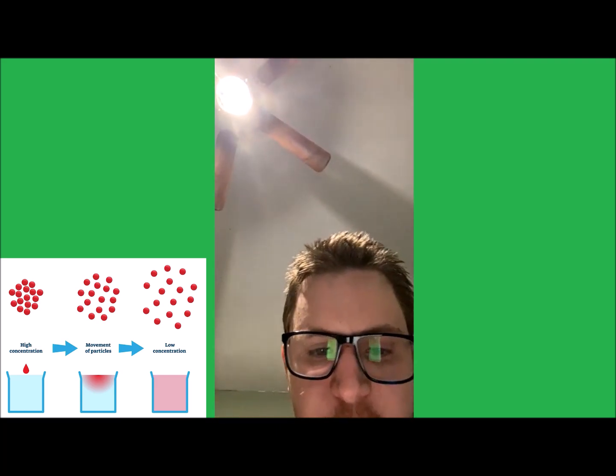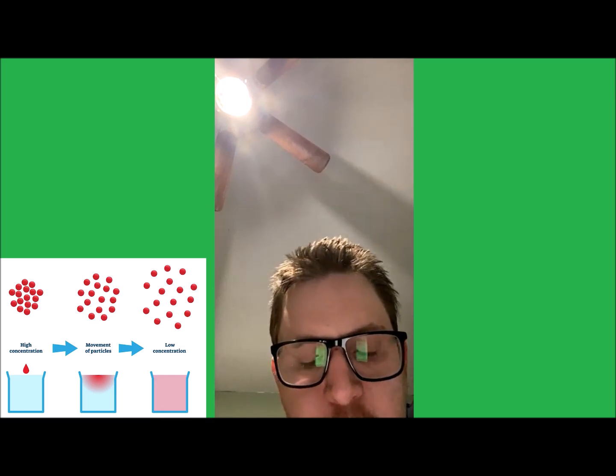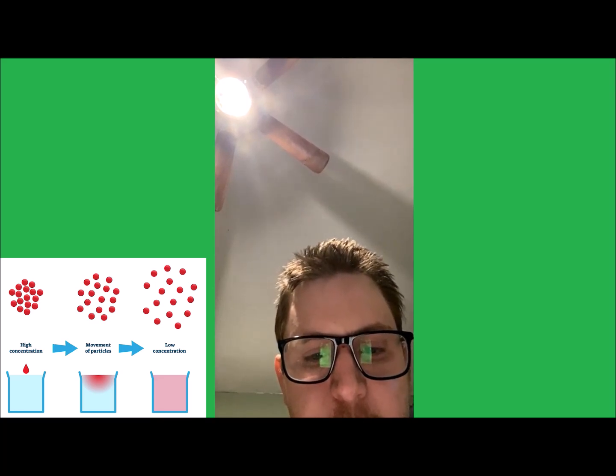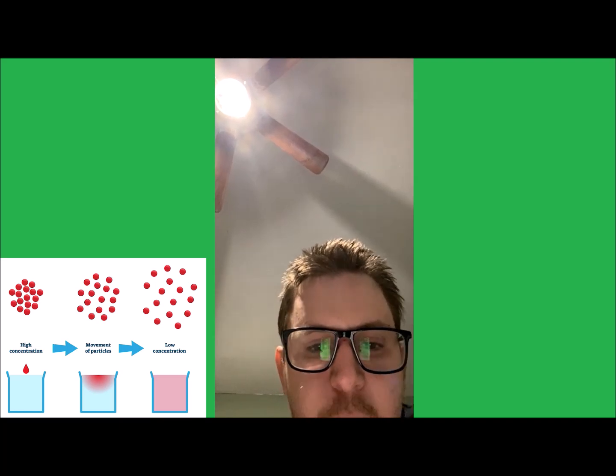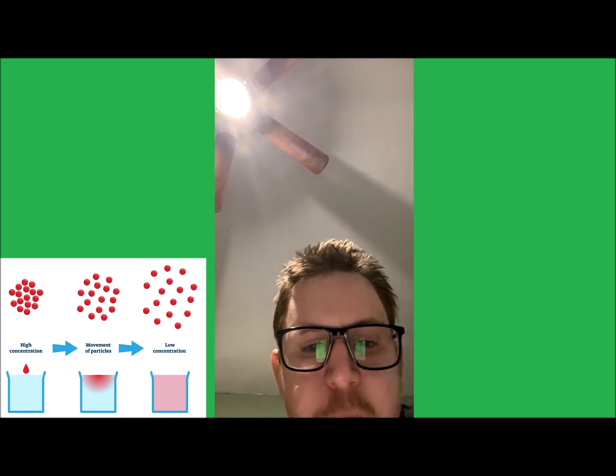Electricity works through diffusion as well. Electrons will move from the charged part of a wire to the uncharged part of a wire, creating an electric current. Diffusion of thermal energy refers to the process where heat